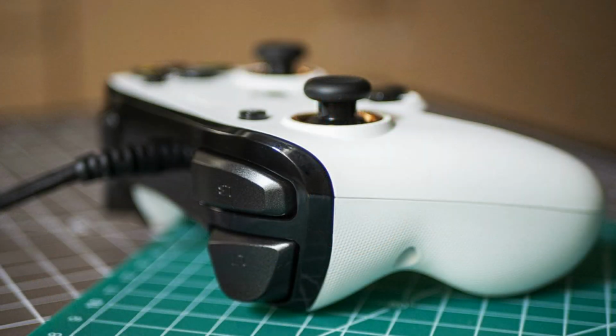On the topic of buttons, the tactility of each face button feels spot on compared to Microsoft's controller, though around the back the rear triggers feel like they have a sh